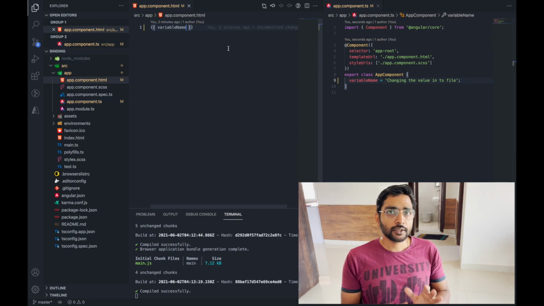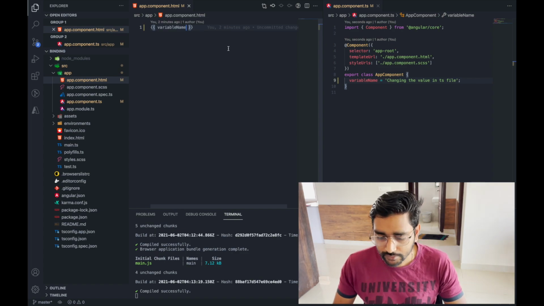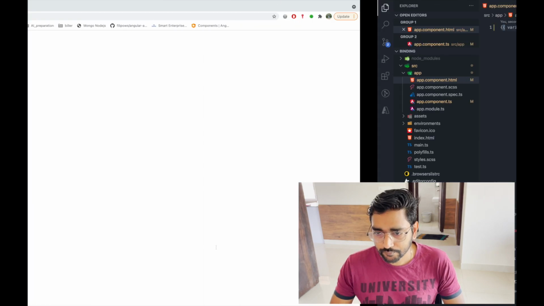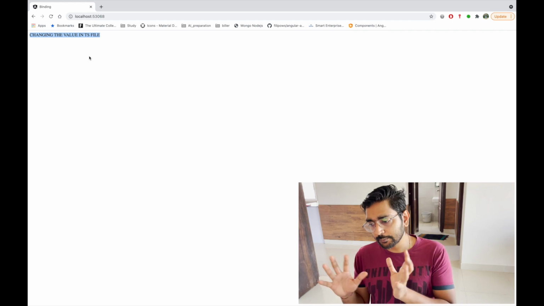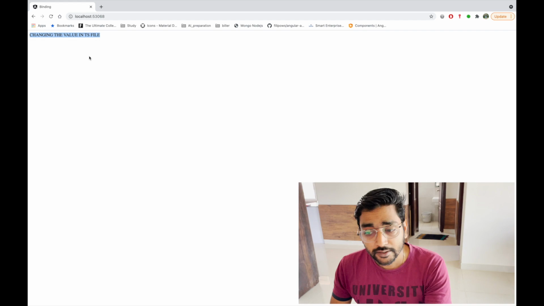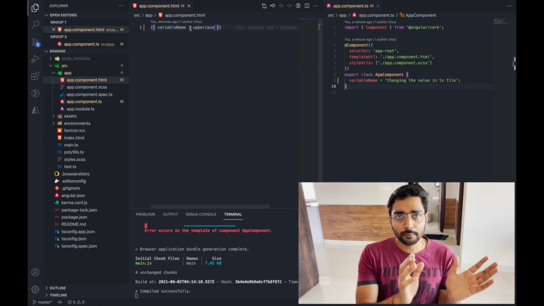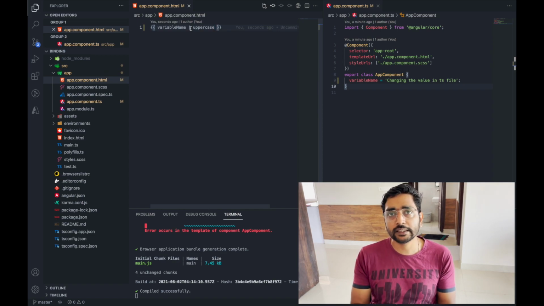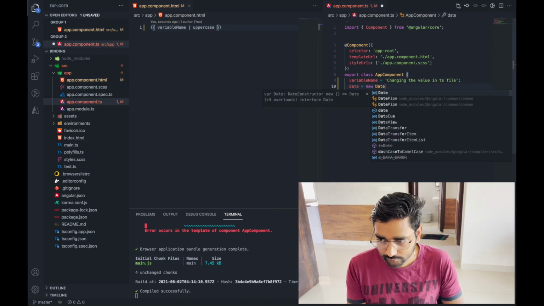That you can do through pipes. There are some pipes already found in Angular that can simply be used. You can see the value of the input that you gave got changed into capital letters automatically. This is what pipes do. After they receive a value from the TS file into the HTML, they can manipulate the value, and pipes can also be changed. Let's take another value.